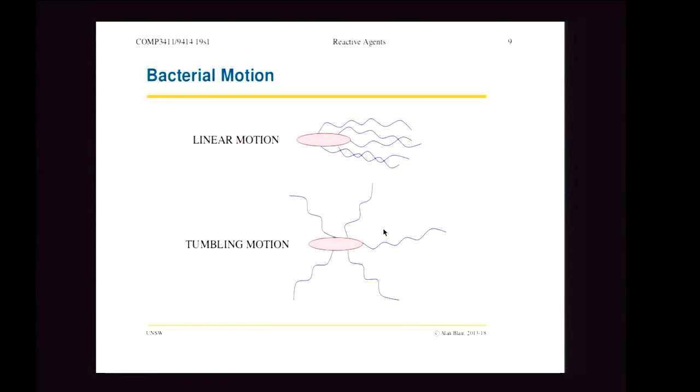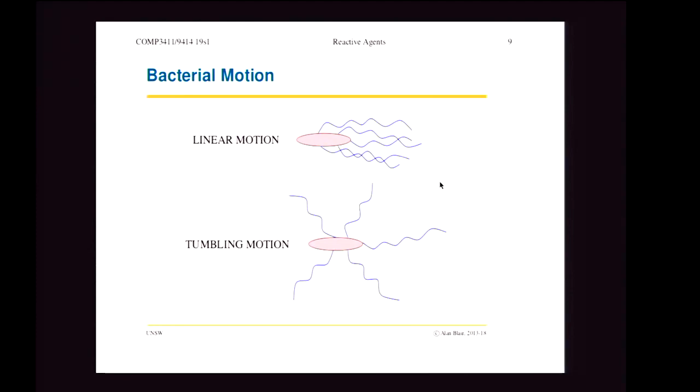If they spin the other way, the hairs all separate out, and instead of moving in a linear motion, the thing just randomly tumbles around, right? So the cells are always switching back and forth between these two motions, and there's a mechanism that detects whether the concentration of the food is increasing or decreasing. So if they're traveling in a linear motion and the concentration of the food is increasing,